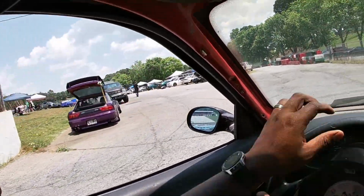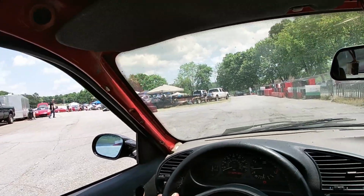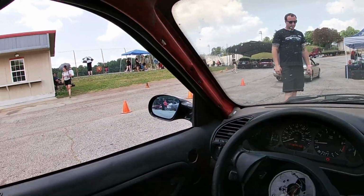What's going on, guys? Last time you saw this car, it was at a drift event, my first drift event, and I almost had catastrophic failure because I lost all my steering. Something's definitely broken. It just